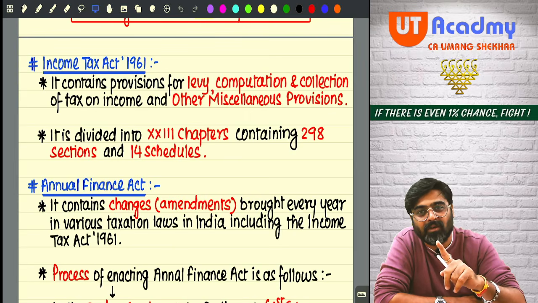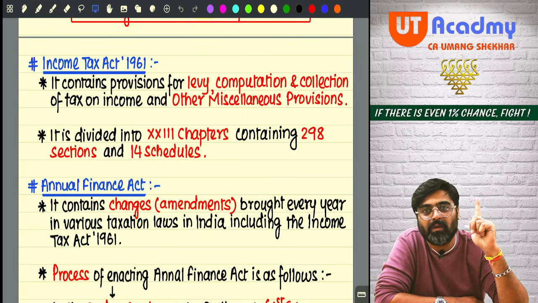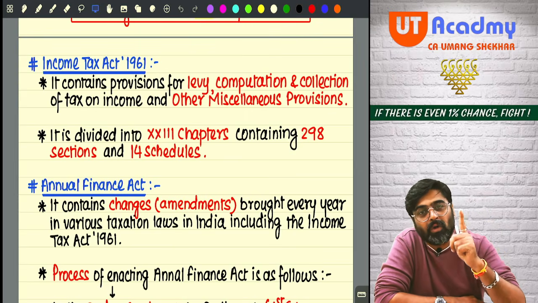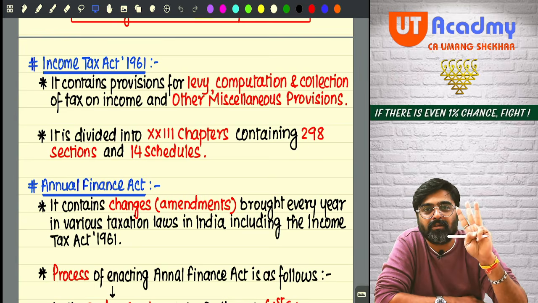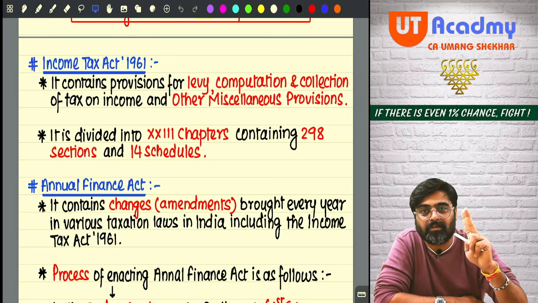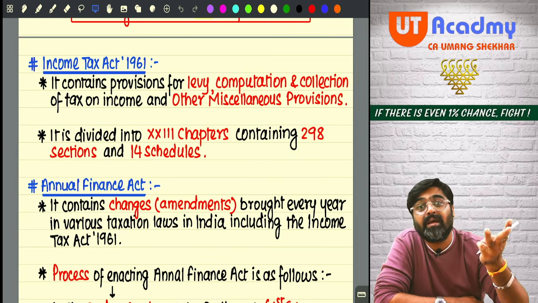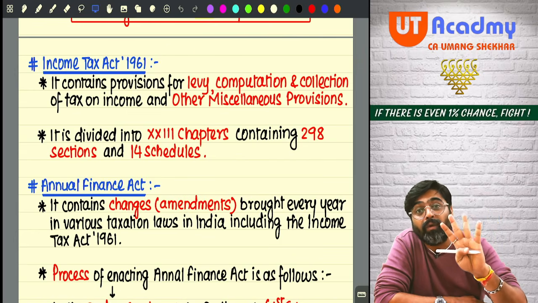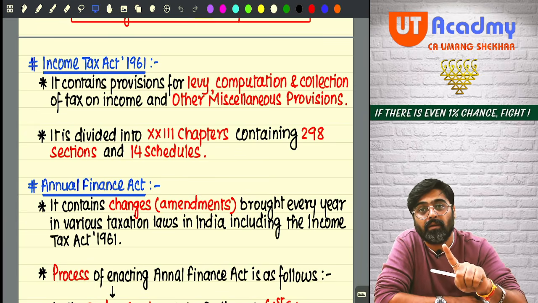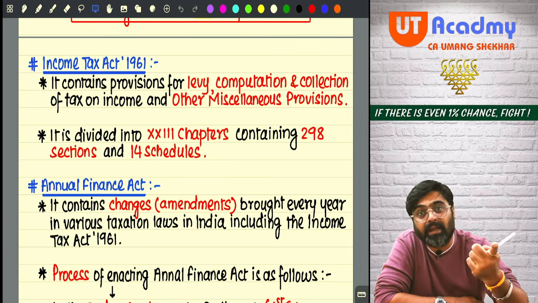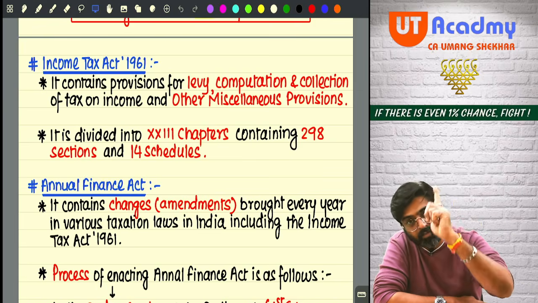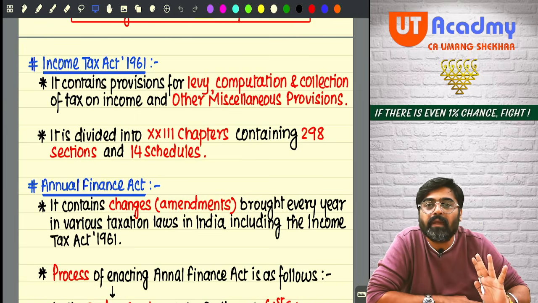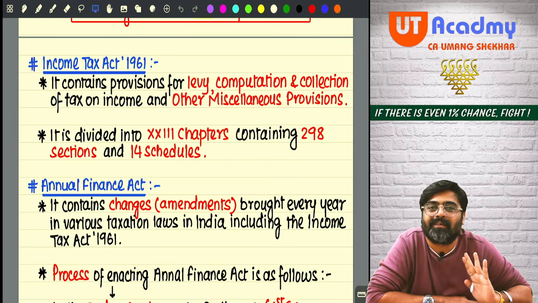Remember this for your entire career now. Any taxation law in India will always speak about three major things: L, C, C. When that tax will be levied, on what value it will be levied, and on whom the tax will be levied. How that value and the tax will be computed, and how that tax will be collected. Any taxation law in India speaks about these things only, and other miscellaneous matters.